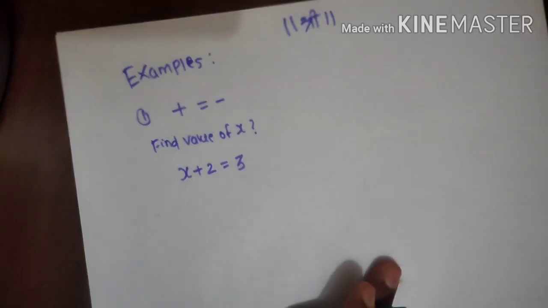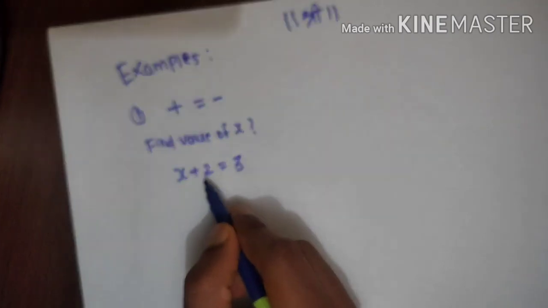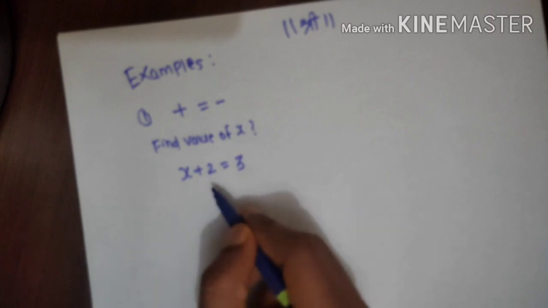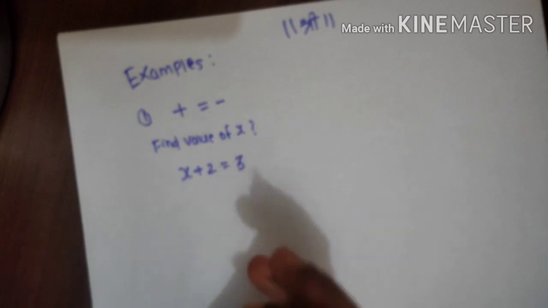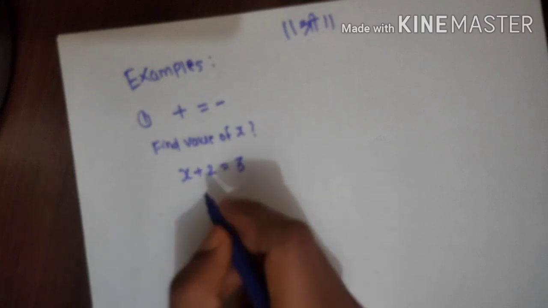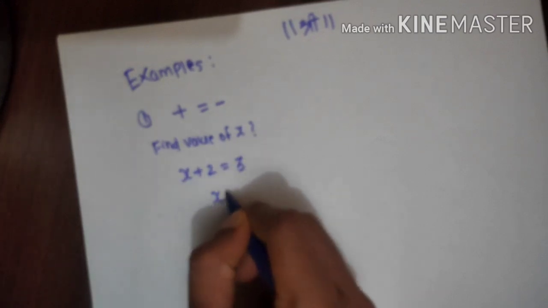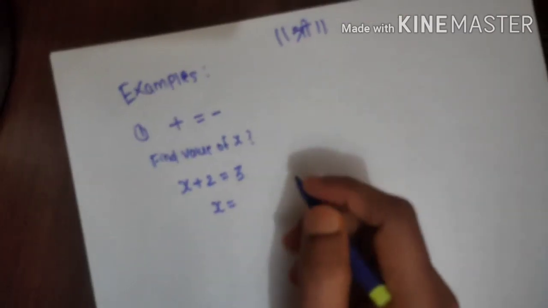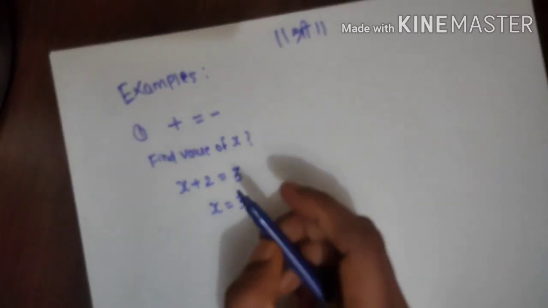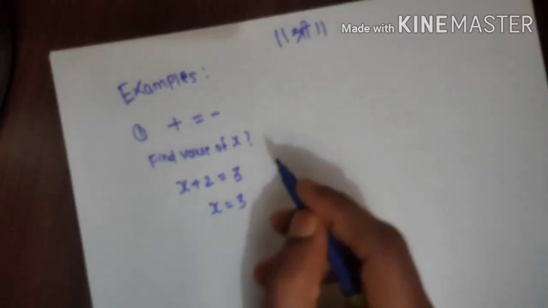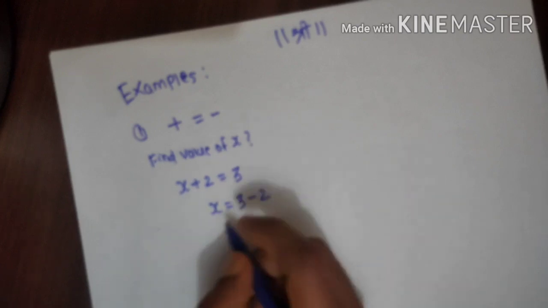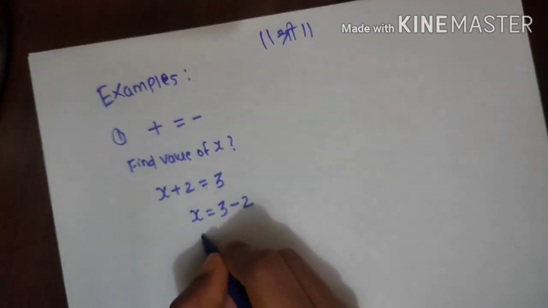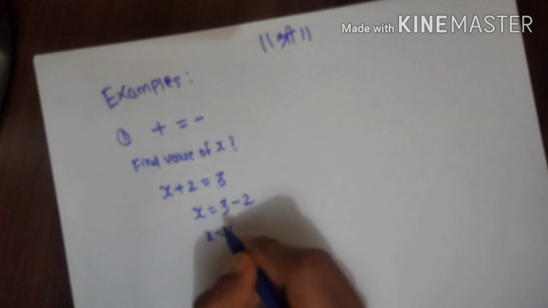Now we want to find the value of x. How are we going to do it? Simply, here we are going to move plus 2 from one side to another side. So here we are doing transposition. When we do transposition, the sign of a number will get changed. So here we will write x as it is, this equal to sign as it is, this 3 as it is, and when we move plus 2 from one side to another side, it will become minus 2. So the answer will become, x value will become 1.